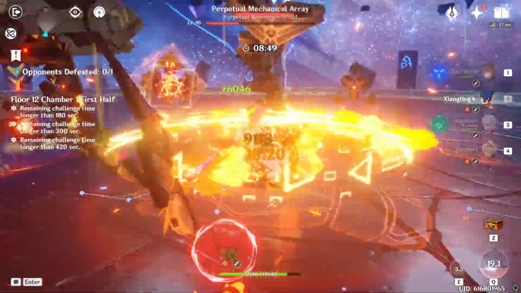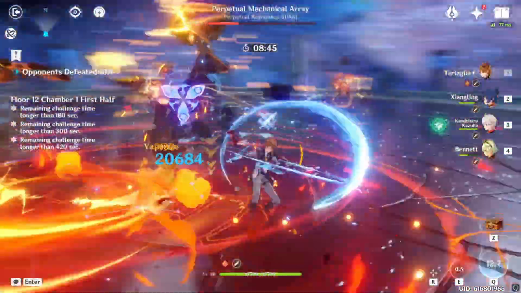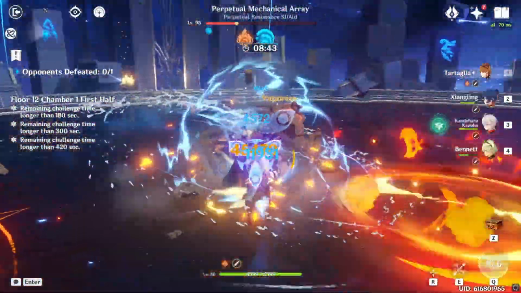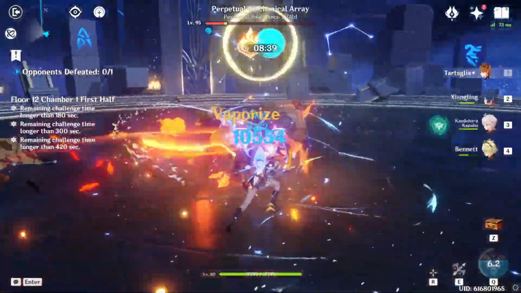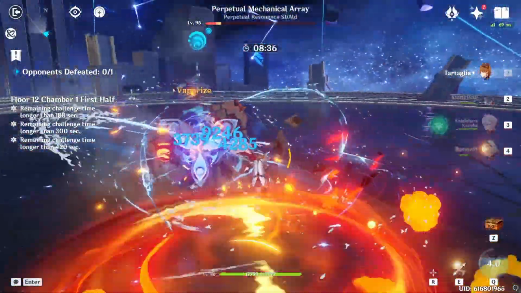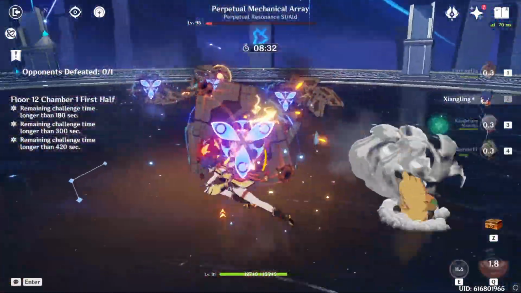So usually I only swirl Pyro, at least on the second rotation. On the first rotation, double swirling is really easy, but that's only because this is an annoying boss. If you're fighting multiple opponents,